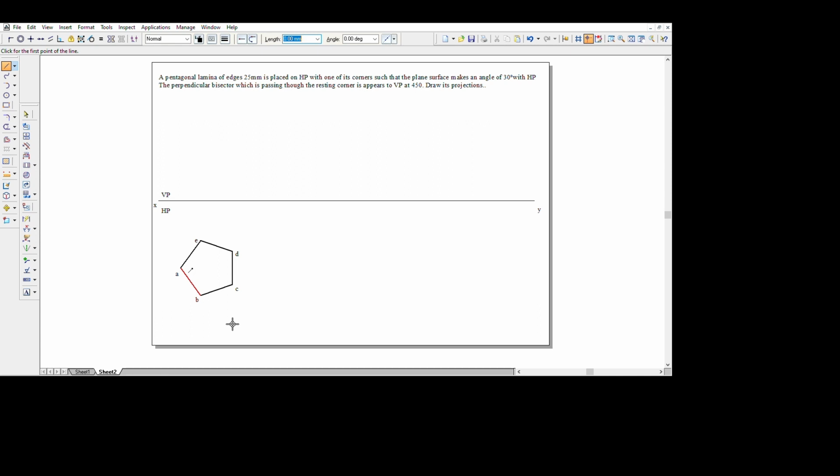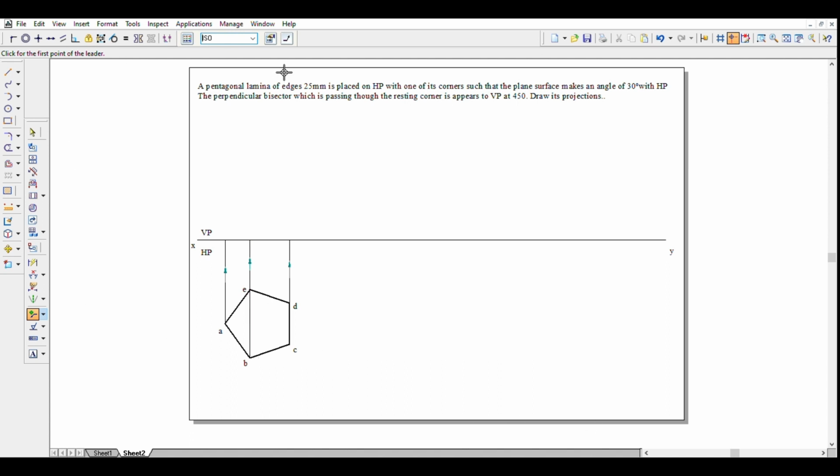We'll start from A and extend it till the XY line. From points B and E we have the same line. From points C and D also we have the same line projected upwards. For mentioning the direction of projections, we can use leader lines and show the direction of the line extensions. Now we can use a visible line